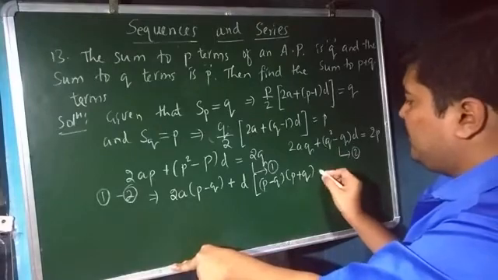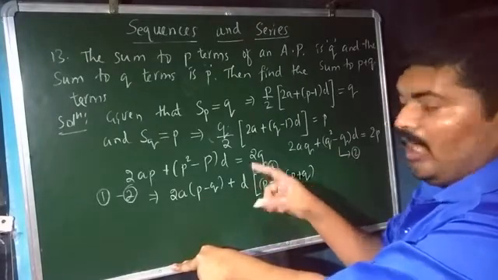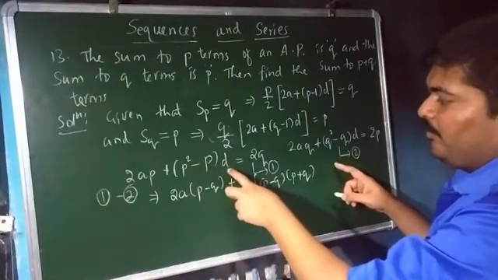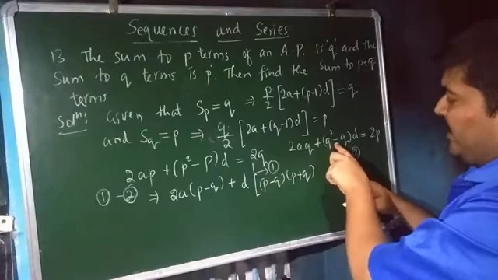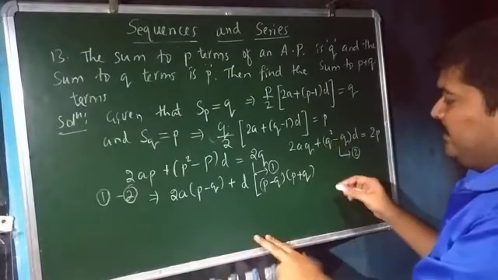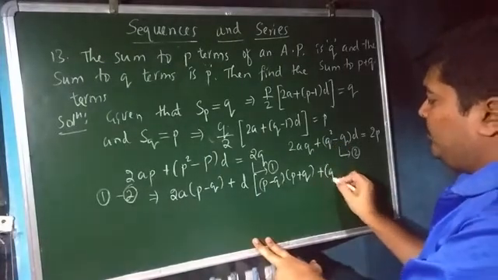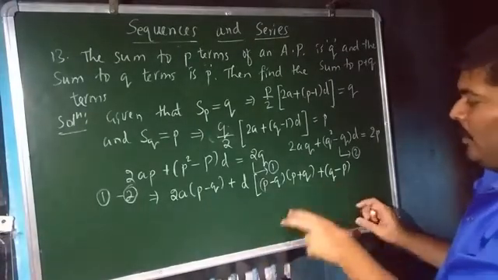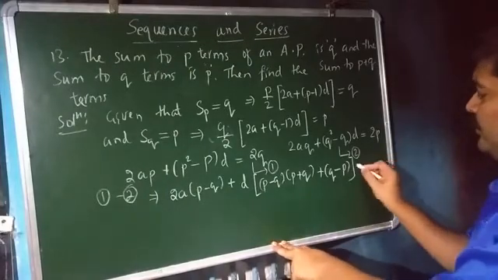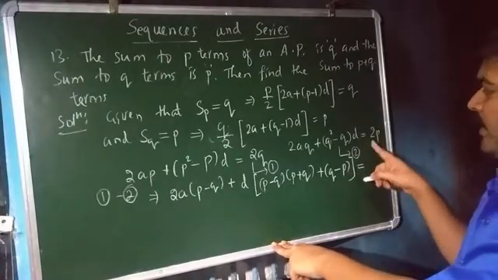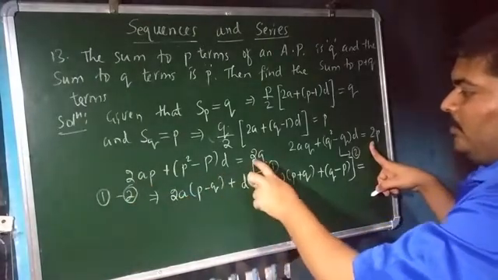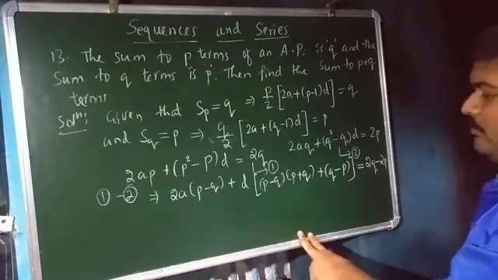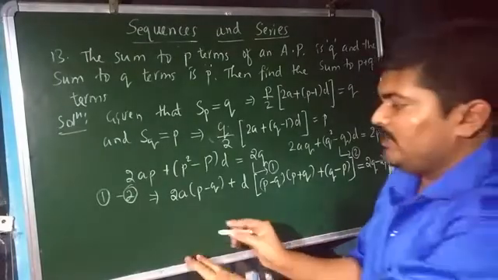Next one, I have taken out d as the common term already, isn't it? Here, we are left with minus p into d, minus of minus, that will become plus, isn't it? Here, you are just left with q minus p. I hope all of you people can understand how I have got this term and all. Now, this one must be equal to, here you are left with, which one? 2q minus 2p. That is 2q minus 2p. I hope all of you people are following the things up to here.